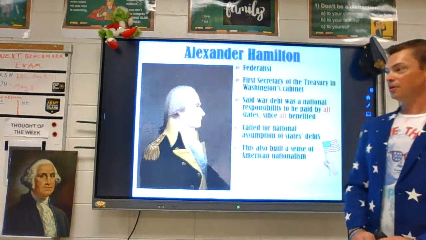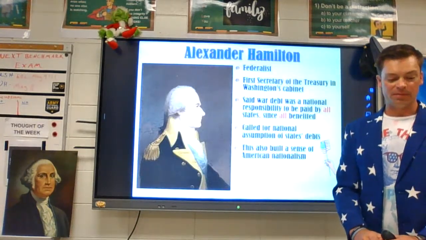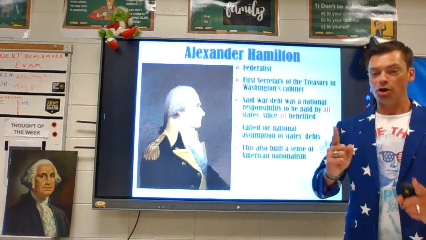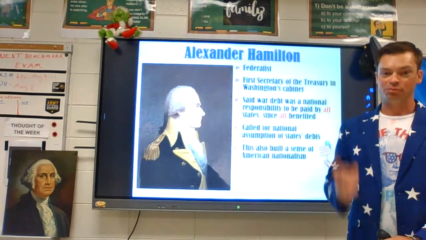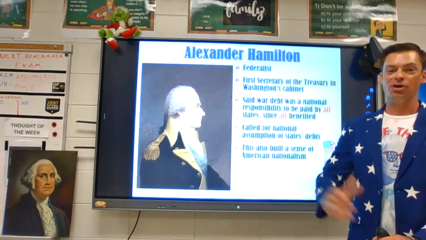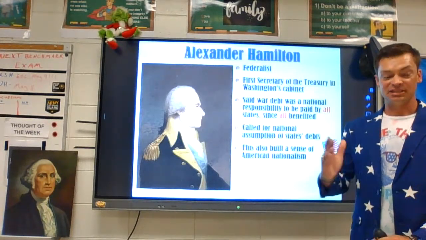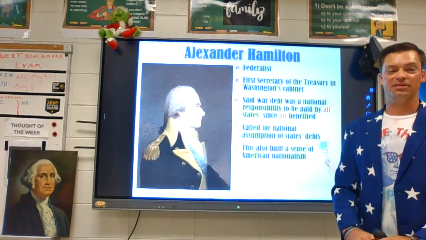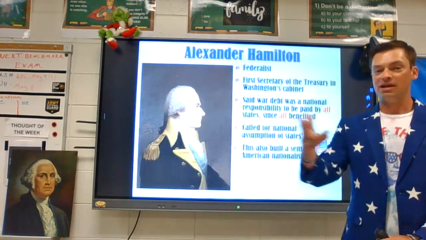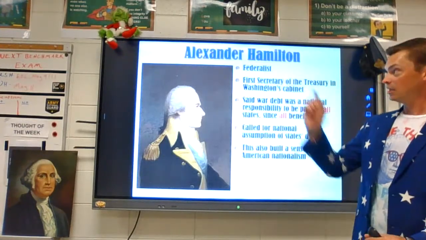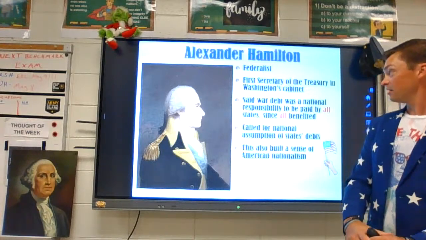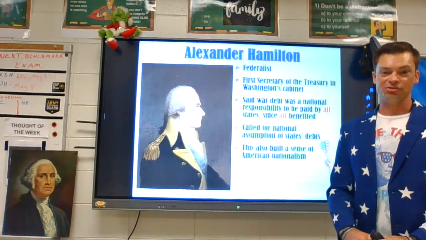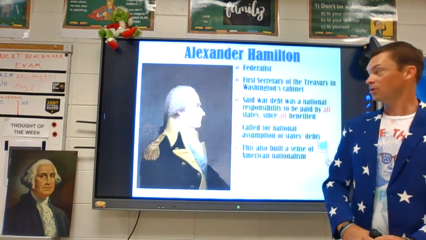Moving along on your notes here and moving along in the category of debt, we're going to talk about Alexander Hamilton. So Alexander Hamilton is not a president, arguably the most influential non-president, and he's in your notes for that reason, because he is a very significant key figure in this early government. He is a Federalist, and as we've talked about the differences between Federalists and Anti-Federalists, and we will continue to talk about that a little bit more, keep in mind that Alexander Hamilton is a Federalist. He's in Washington's cabinet as Secretary of the Treasury. So that's why we're going to talk about him right here under debt.